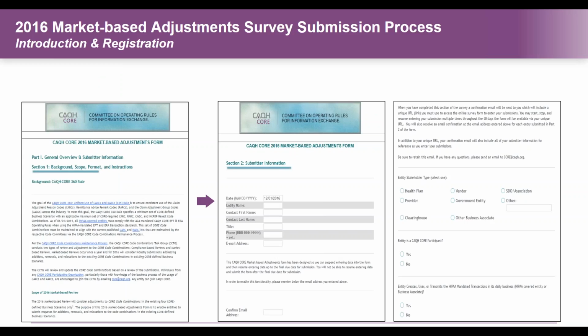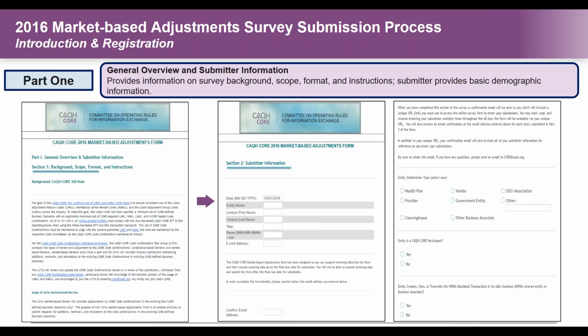So beginning in part 1 really is an orienting section, as well as where you can register to complete the second section. Part 1 first provides information on the survey background, scope, format, and instructions. It is also where you submit your demographic information in order to register to complete the survey. This registration is important because it is how you receive the unique organization-specific link that you can use to access Part 2. Part 2 of the survey is where you submit the adjustments that your organization wants to make to